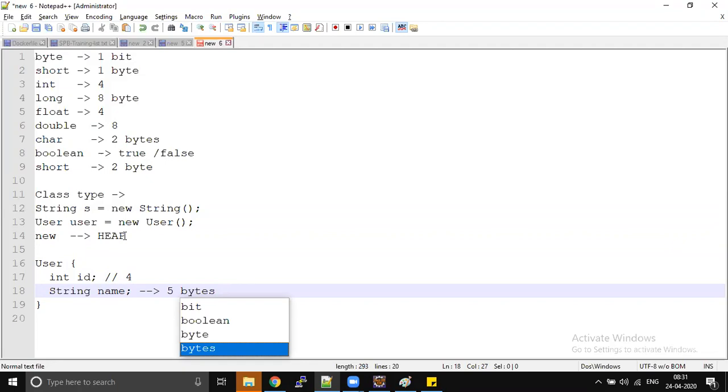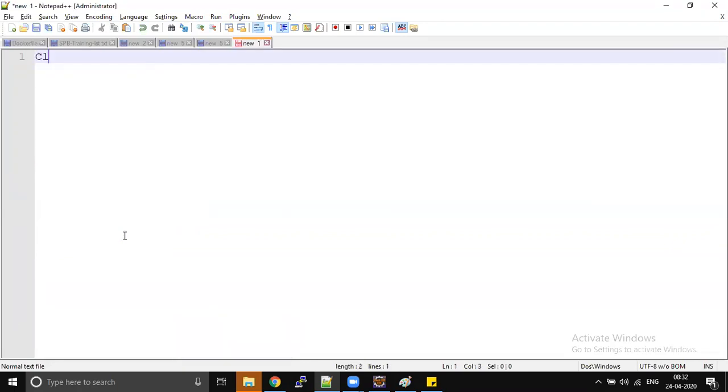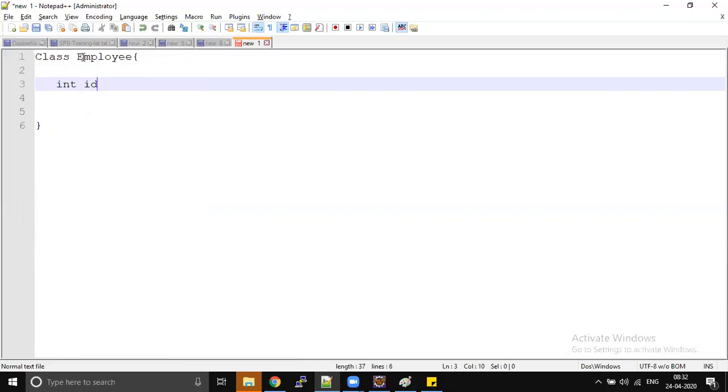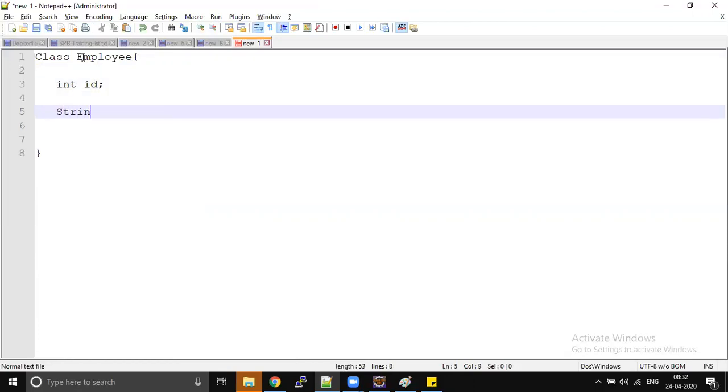Now let's see how we can define these variables in a class. Look at this section very carefully. We have a class User, or let's make it Employee, and you define something like this: int id, String name.